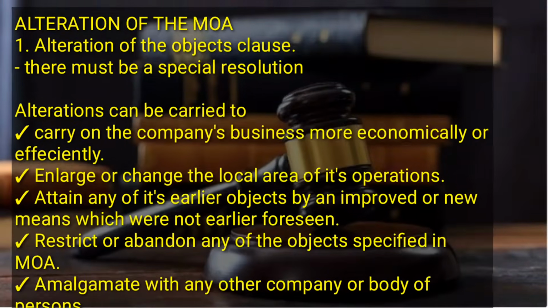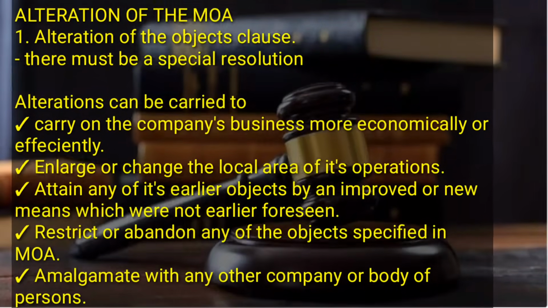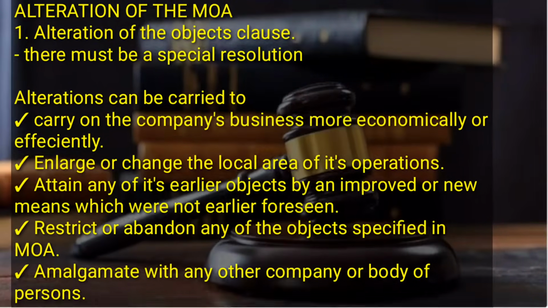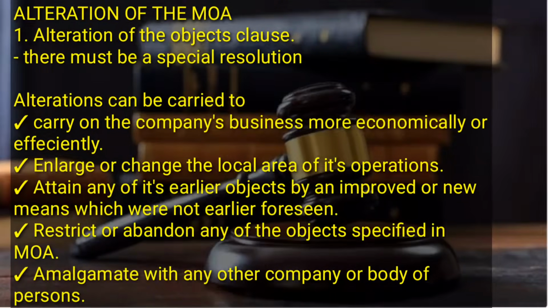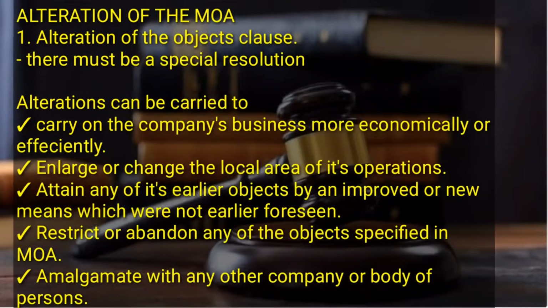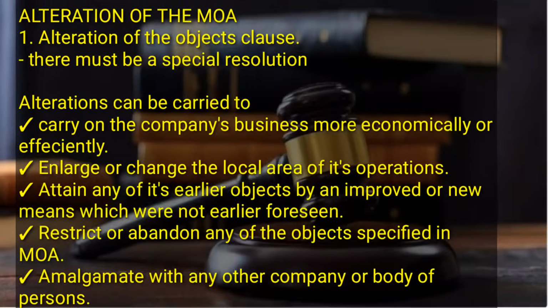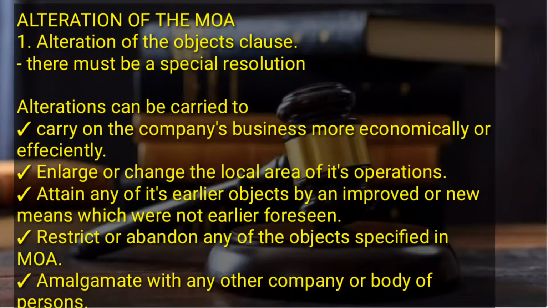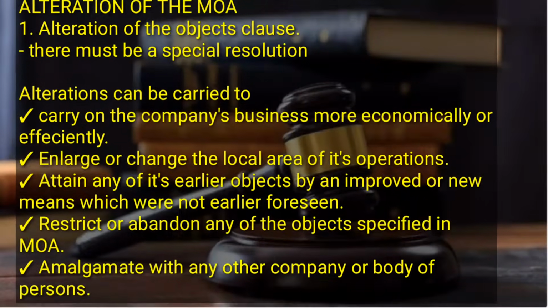Let's look at the alteration of the Memorandum of Association or alteration of the MOA. Alteration is like change. And it can happen in two ways, and the first way is alteration of the Objects Clause. We say the Objects Clause shows the activities that the company intends to do. In order for a company to alter its Objects Clause, there must be a special resolution, and alterations can be